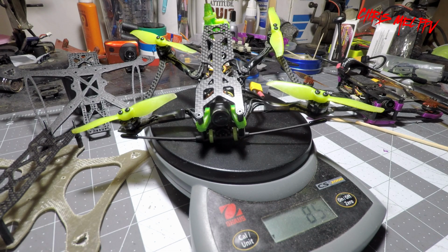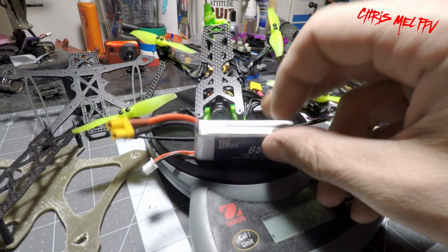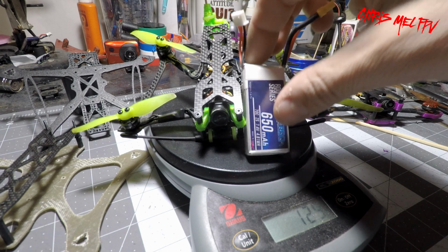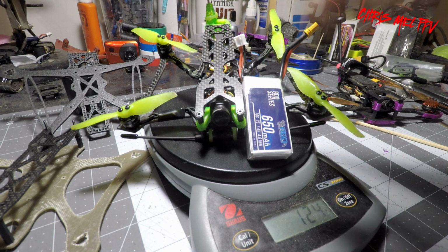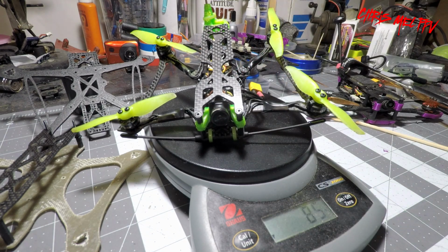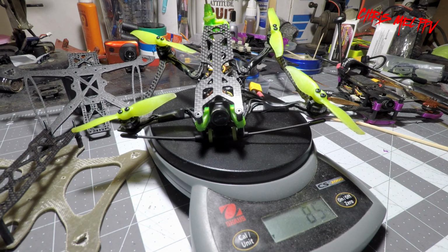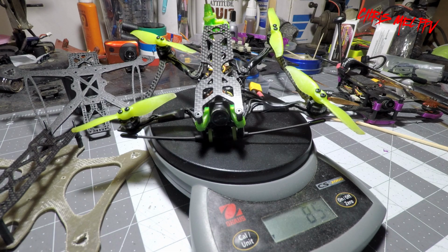I've also been testing with the RDQ 650 2S. With that one on there, 124 grams. I also have a mess of these 1S batteries that I have been testing with it as well,